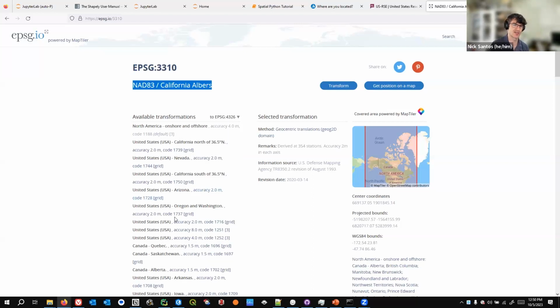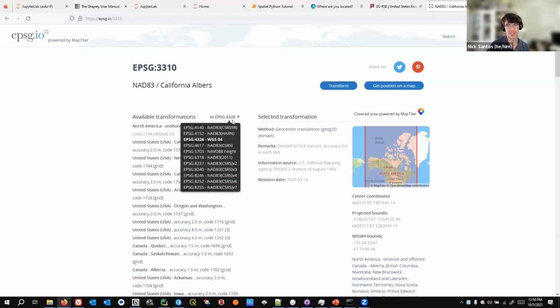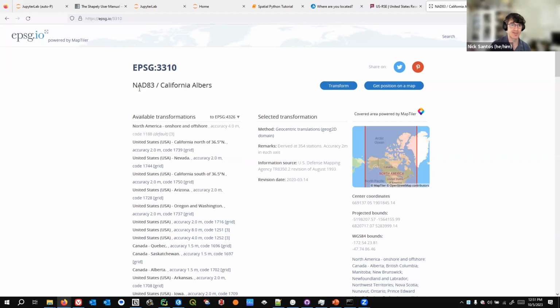This is the local coordinate system I'm most frequently using. You can see available transformations to EPSG 4326. That's WGS 1984, a different datum than NAD 1983. So that's going to need to undergo that lossy transformation process in order to